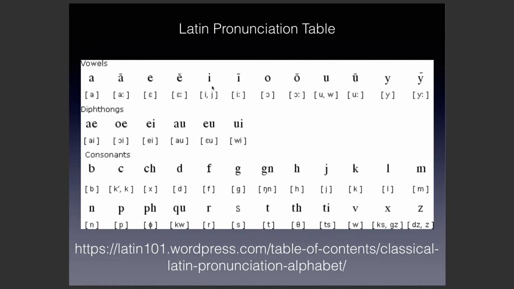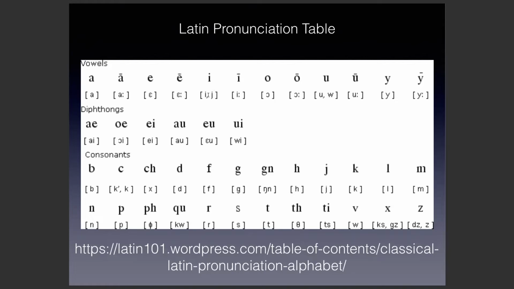E. The O, the short O, is O. So like os or mora or off, oh. So then the long O, and this is pretty easy, is O, right? Like clover or os or mores, right? Then the U is also pretty easy. It's pretty similar to English. The short U is like put, or tum or sum, right? And then the long U is oo, right? Like rude, to, or sumo, right? Oo is the long